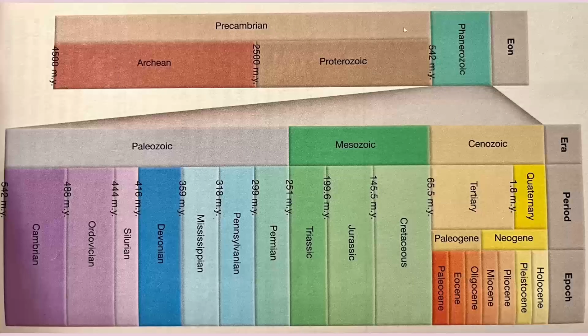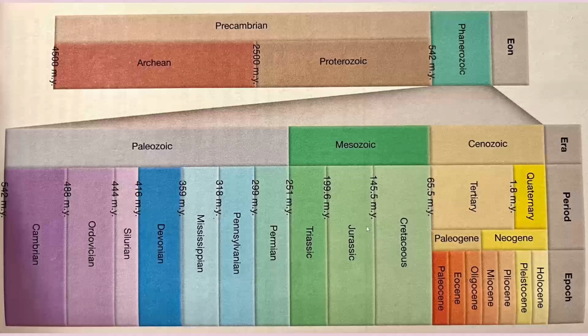We have this Precambrian time, which we have broken up into two different groups. And then we have this Phanerozoic time. And then within that, that expands into this, where those are the eons. And then we have these eras, Cenozoic, Mesozoic, Paleozoic. And then underneath those, we have periods in there, Cambrian period, Ordovician period, all those things. And then in the Cenozoic, we have epochs right here where the dinosaurs got wiped out.